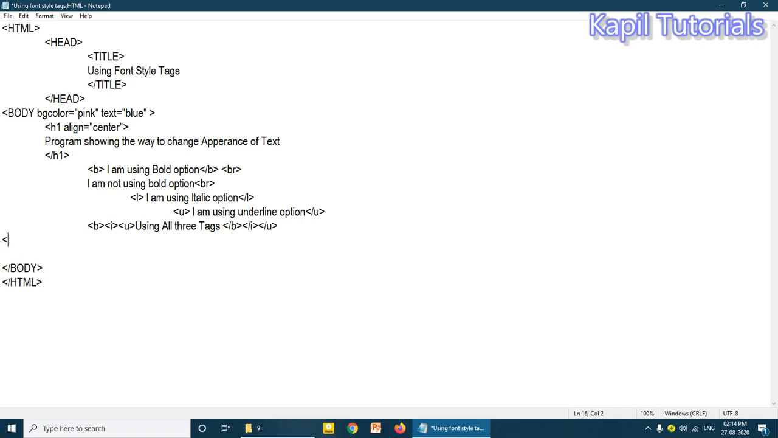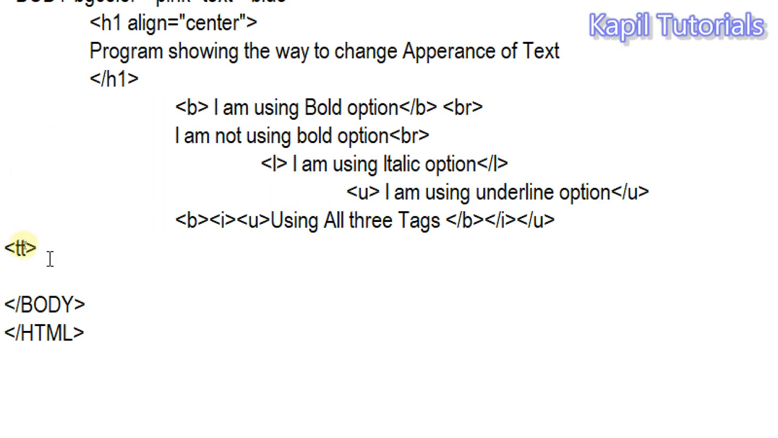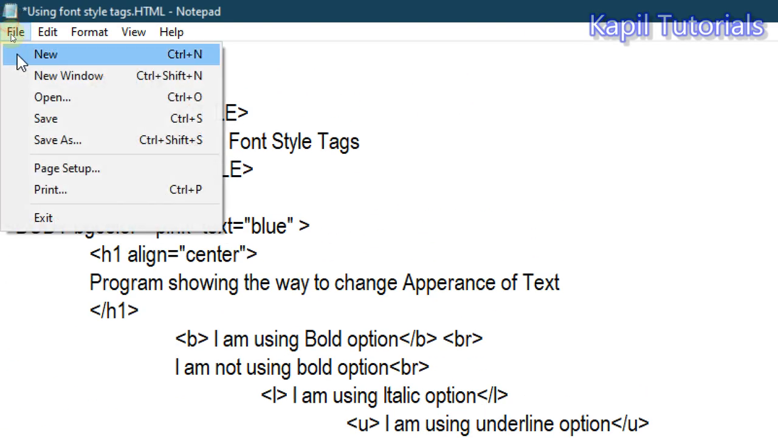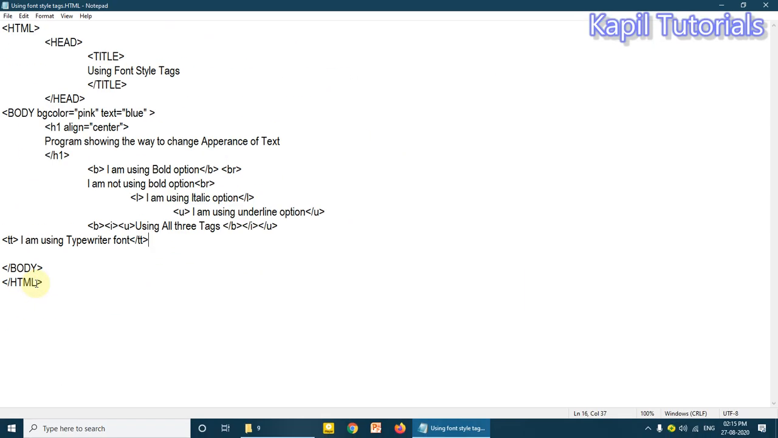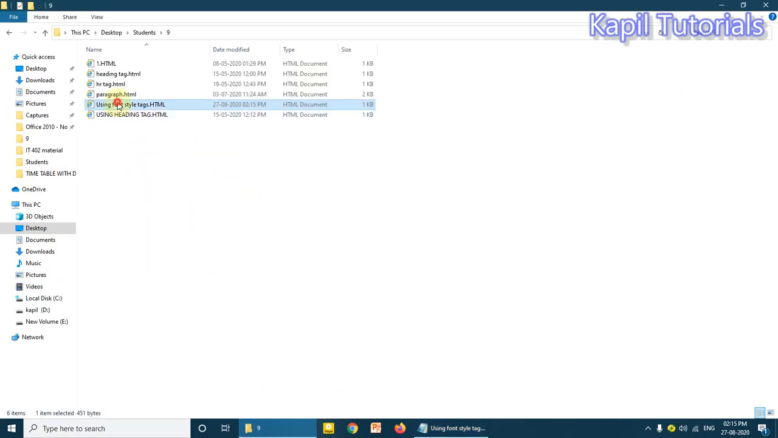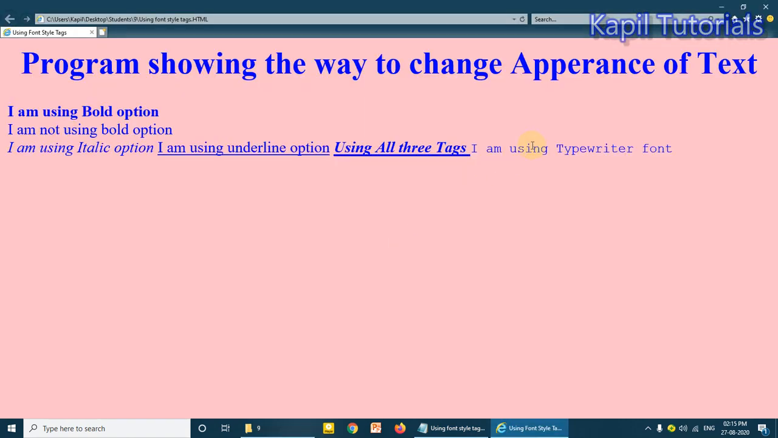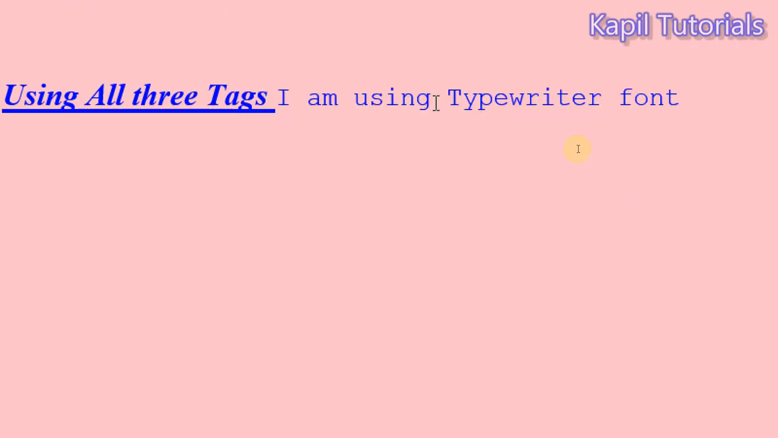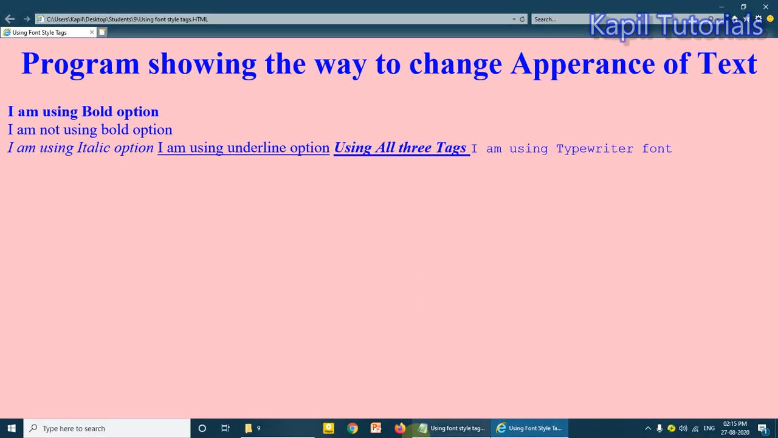tt tag. I am using typewriter font. So I'll save it. So I'll open this program. So just see here, this one is typewriter style font. Okay,